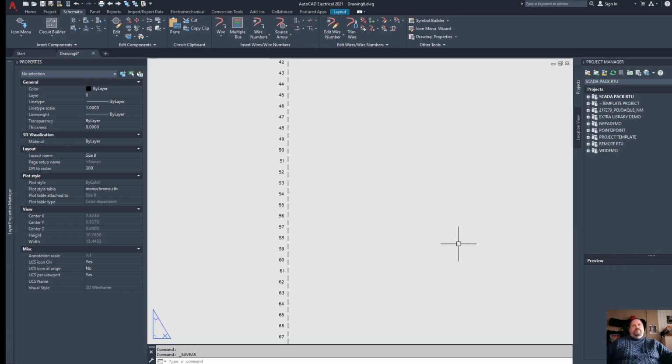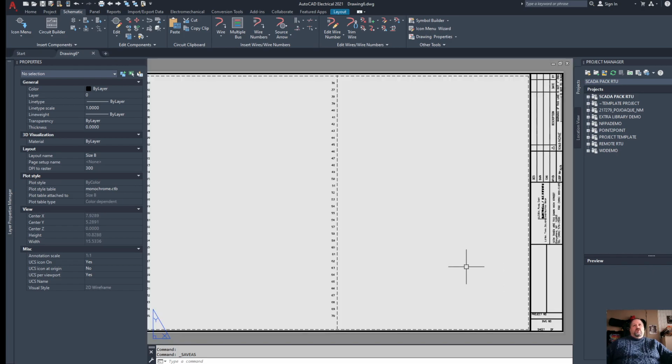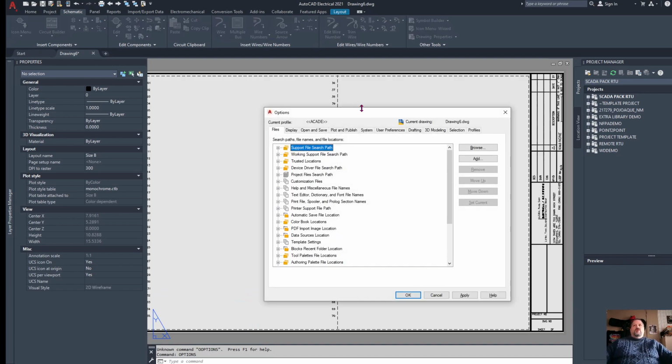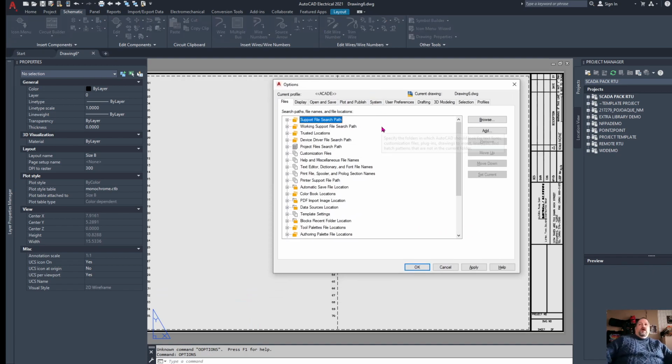Okay. Once you find the location for your folder where you want to keep it and you store it there, you need to go into your options. So if you type in options, if you type it in correctly, then your options screen pops up. Under files, you have all of these locations that, probably about half of them, you need to modify to get AutoCAD to work. I'll go through them as needed, but for right now, I am just going to scroll down till I find the one that says,